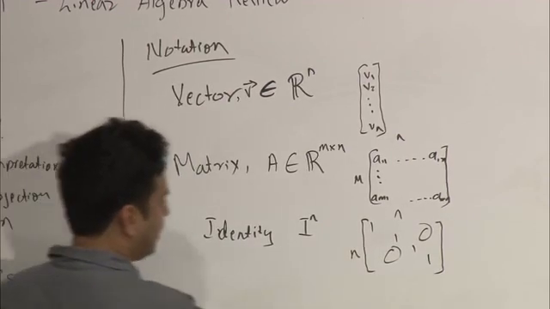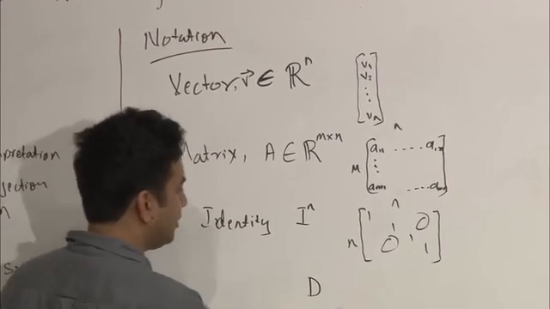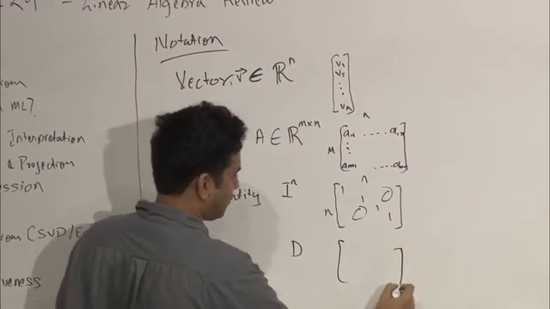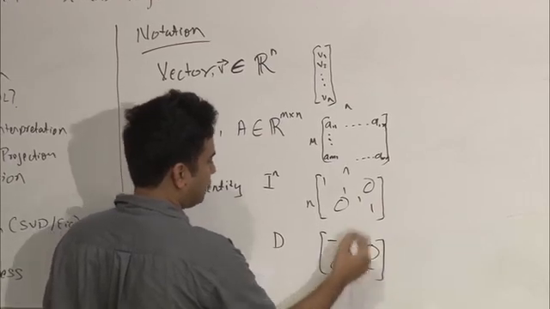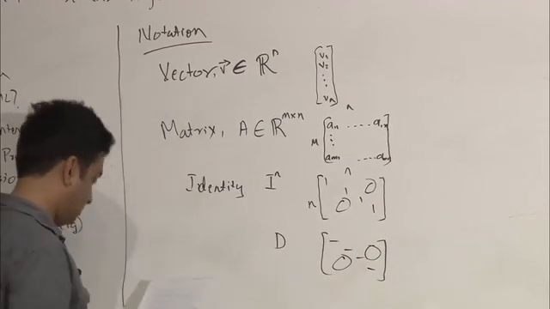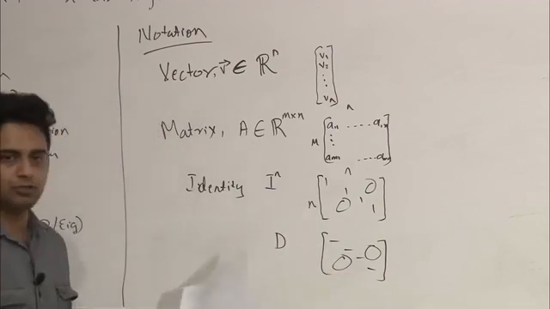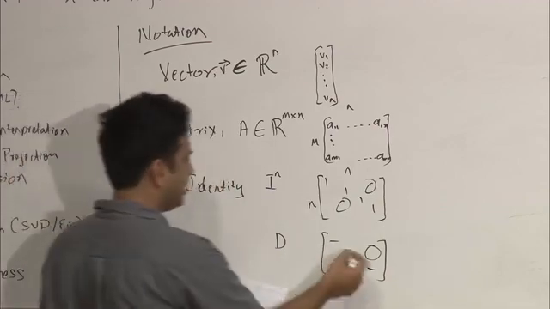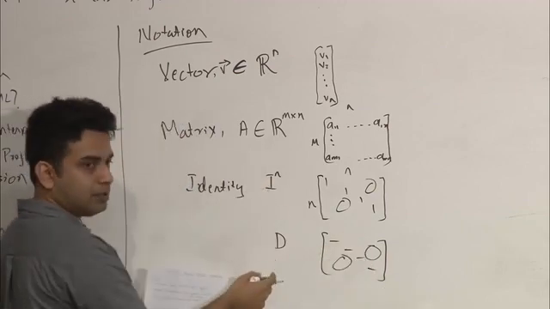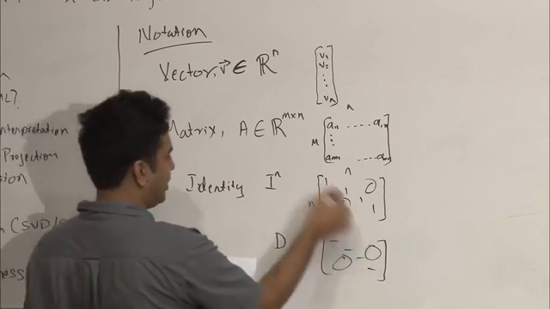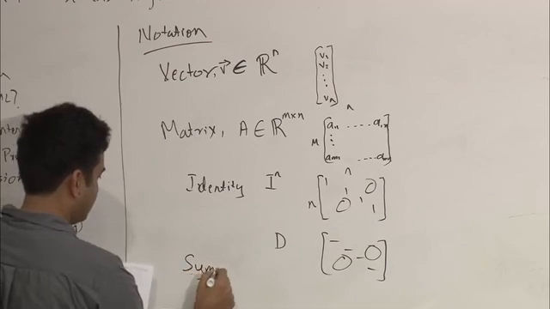You can also have a diagonal matrix. Generally, diagonal matrices are denoted as D. That's a common way to denote them. In this, you have non-zero diagonals and zero everywhere else. A diagonal matrix only means that the non-diagonals are zeros. The diagonals could be zero or non-zero, but they're generally non-zero. The identity matrix is a special case of a diagonal matrix where the diagonals are all one. There is something called a symmetric matrix,